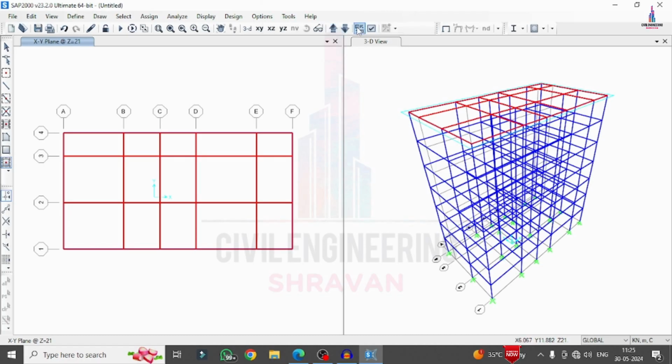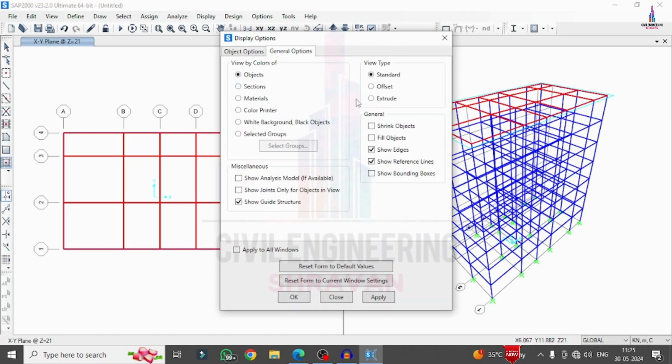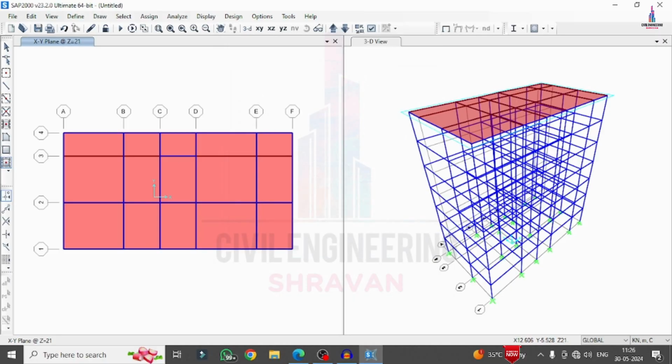Again in the same process we have to click on this right mark object. So select standard objects, apply to all windows, fill objects. Click on the apply to all windows option. Click on OK. Now we will delete the property presented here for this model at this level and this level, for the staircases as well as the lift provision purpose. So click on the delete option.